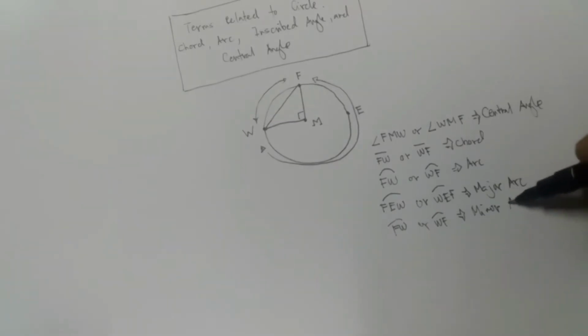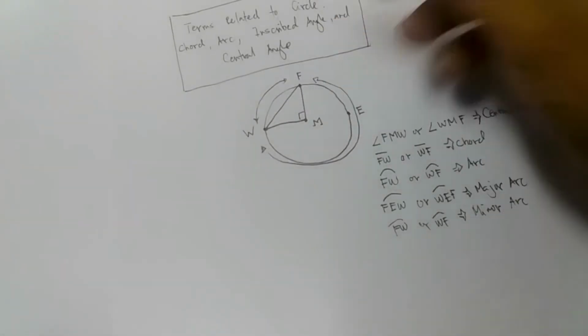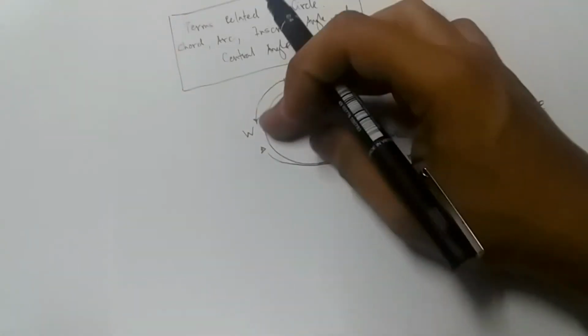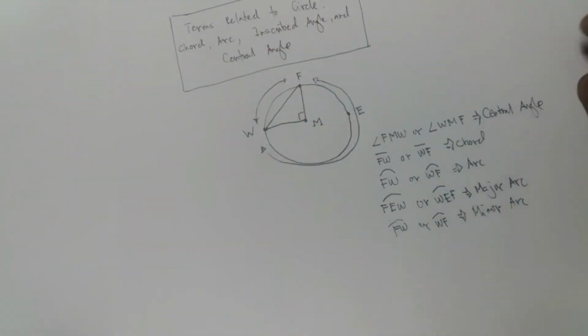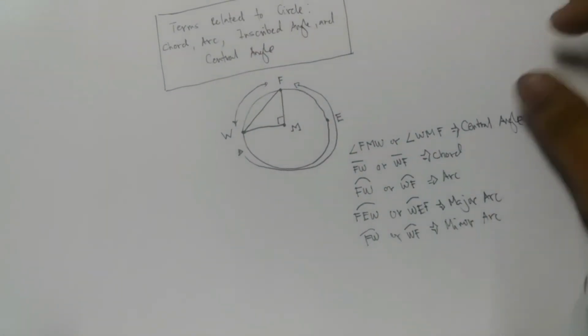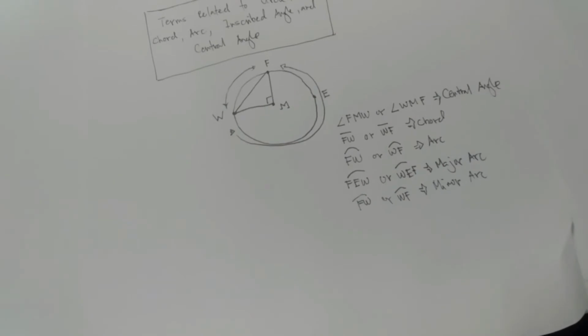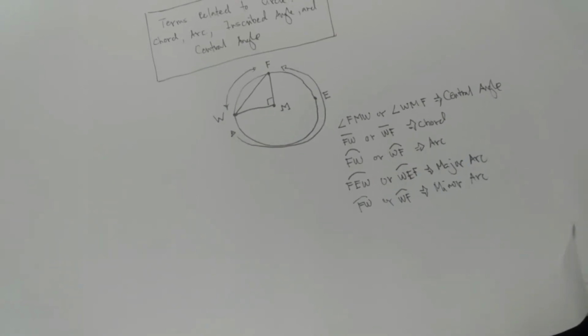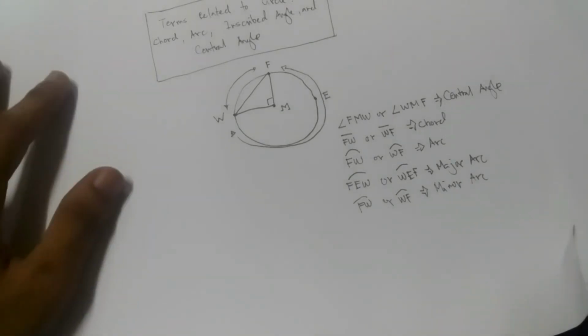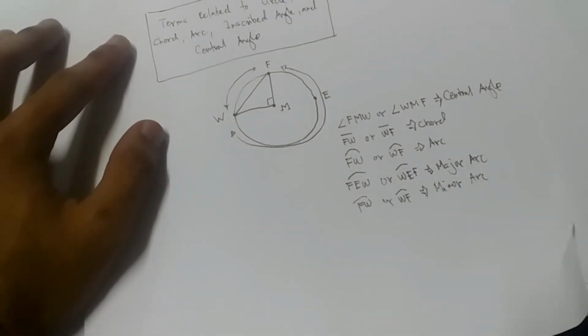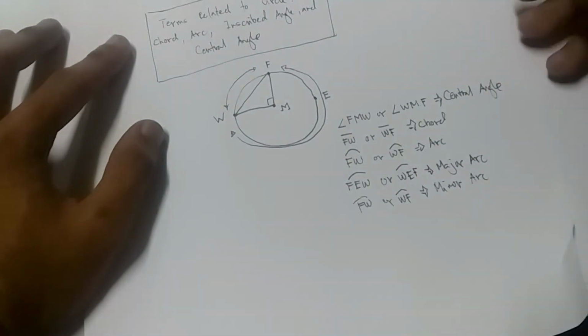Obviously, that is the minor arc because that is a small curve from point F to W, as you can see in the diagram. But by definition, the major arc is the arc which measures greater than 180 degrees, right? But before that one,